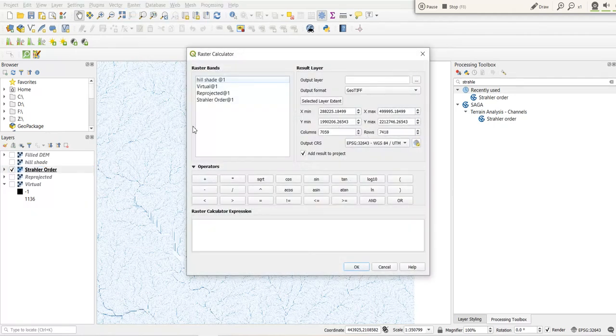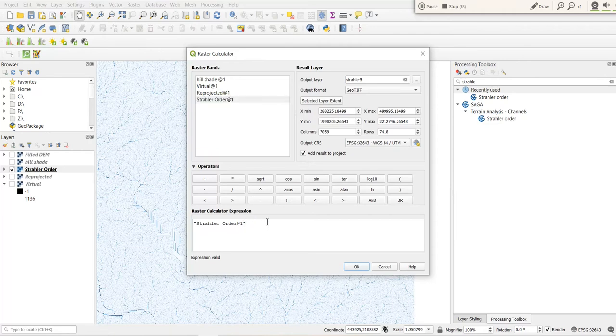Raster calculator is here, and you will see there are 4 files, and we will select Strahler order 1. For the output layer, I select Strahler 6. Let's say I want to see Strahler order of 6 and above, or let's say 5. If I want to see small streams also, you can select it, but it will take time in processing if we select lesser. It looks clumsy like this already. So we'll just double click on it.